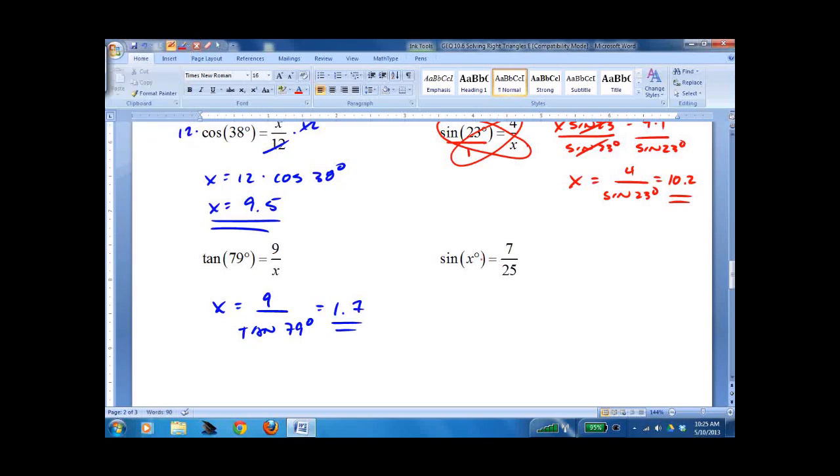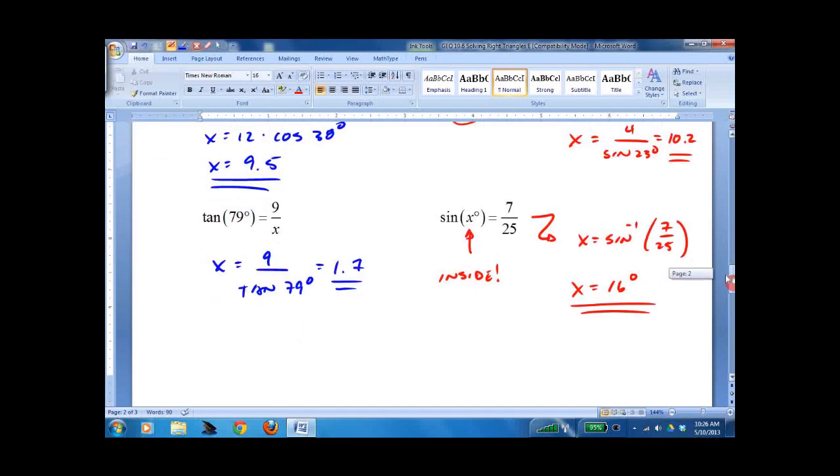This one is different. If the x is inside, rewrite it. X equals sine to the negative first, 7 over 25. When you put it in your calculator, you hit the second sine button, and you will get the angle out. 16 degrees. Could round it to a decimal place, but just going to go with that. Make sure you know how to do these, because